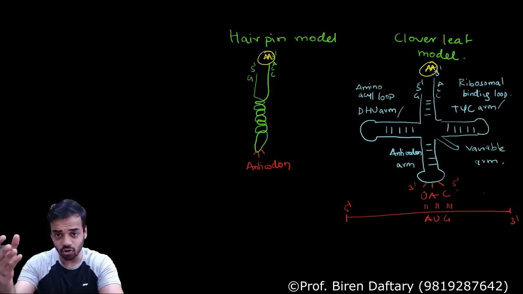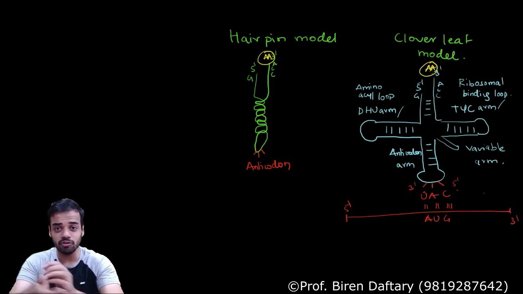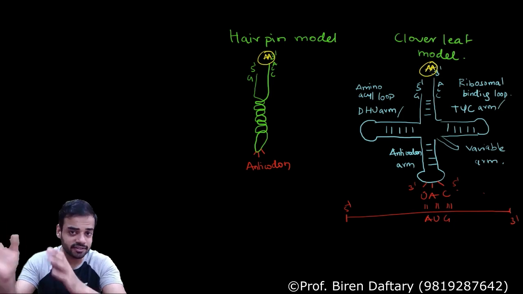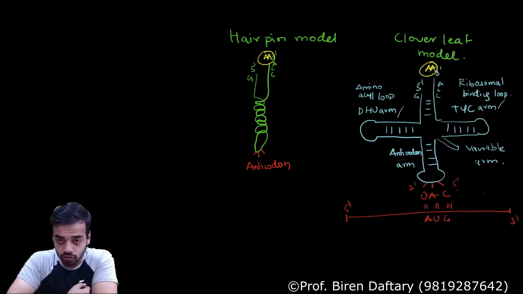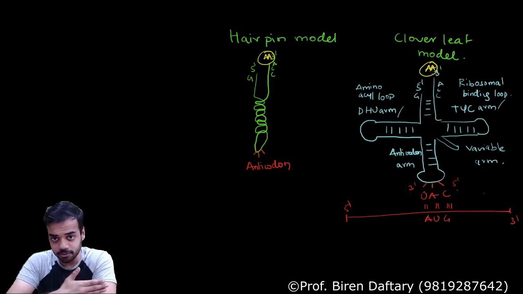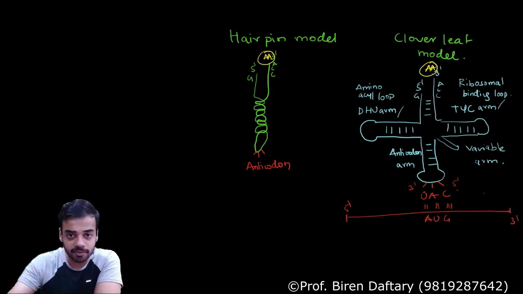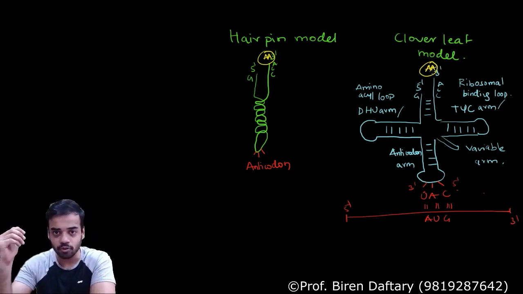Now it's already 14 minutes, and my recording time, I cannot overshoot 50 or 55 minutes, because the video will stop there. So I'm not going to start with translation, because translation is going to take 1 hour, and I want to complete the entire translation in one lecture so that the entire concept is clear. It is very, very easy. So what we'll do now is revise what we have learned earlier. First we are going to revise transcription, and if time permits we are going to revise the genetic code.